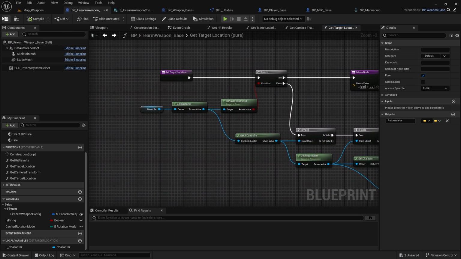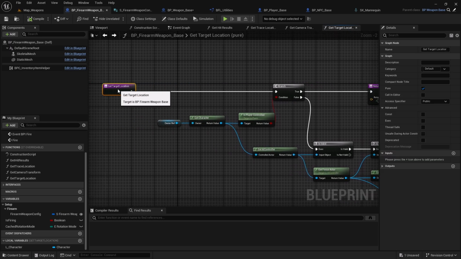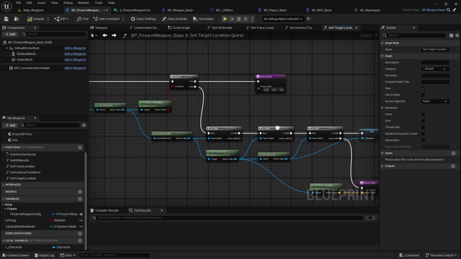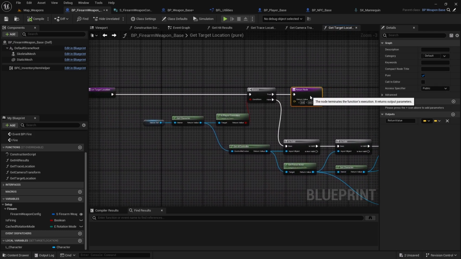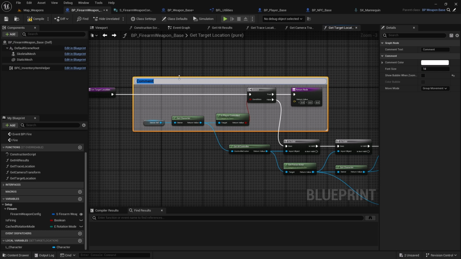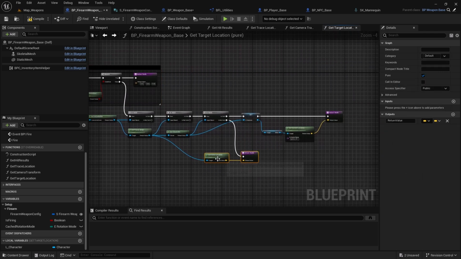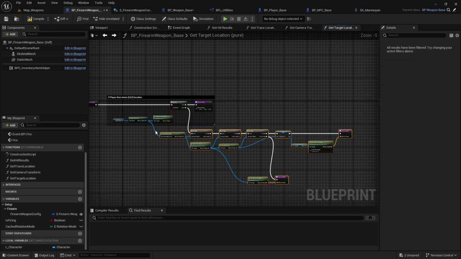Okay, so this one is a bit long, so I will add certain comments, right? So I'll add a comment here. If player, then return 0 0 0 location. Then this one,